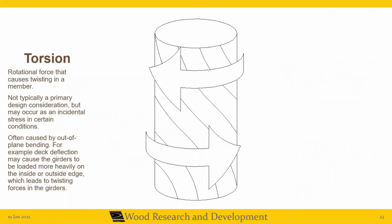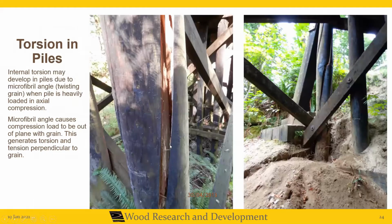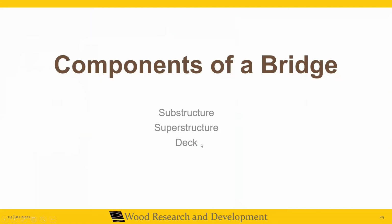In addition, torsional forces, for example, on piles. If you have a batter pile that's on the outside of your load path, stopping and starting action, acceleration and deceleration loads, can create torsion from the cap on the outside batter pile. That torsion then translates to tension perpendicular to grain along a microfibril angle you see here, and voila, the pile splits in tension perp to grain as a result of torsion, and we have to go in with a new support. So these types of forces create the need for proper design of components in a timber bridge: